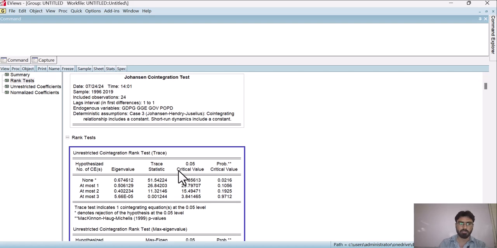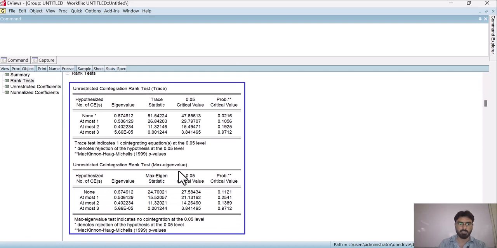So now there are two types of results appearing on our screen. One is the rank test or trace test, and the second one is the max eigen test. Let's discuss both of these results one by one. Here you can see the hypothesis. This means the number of cointegrated equations.